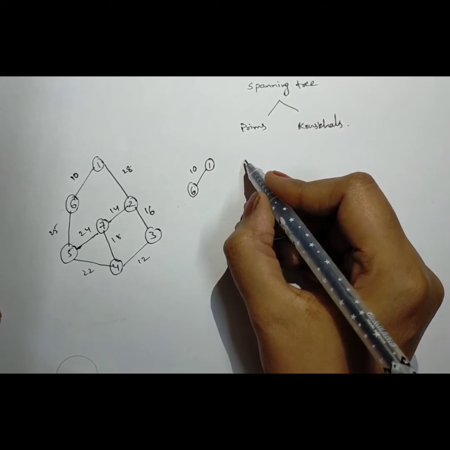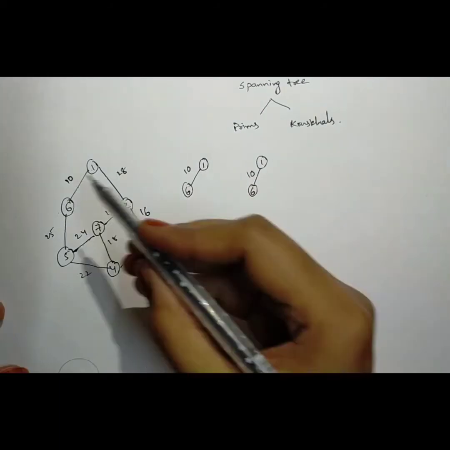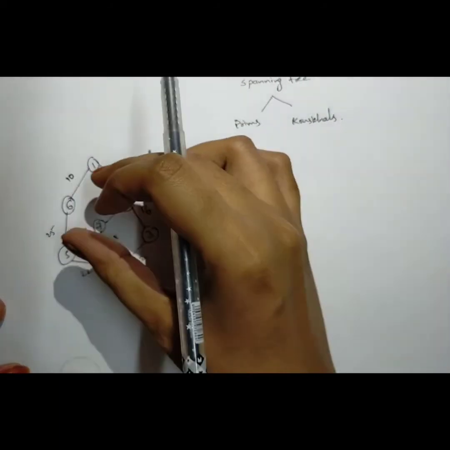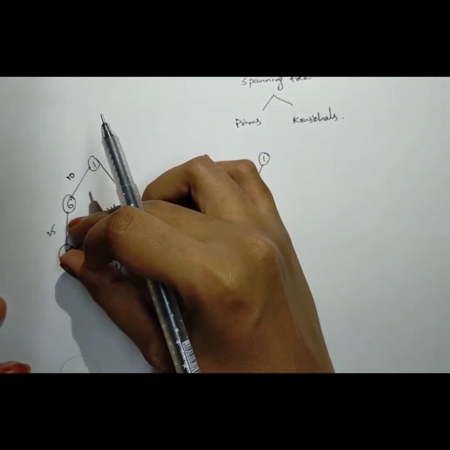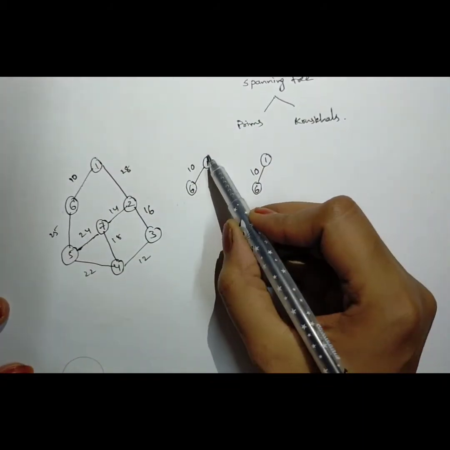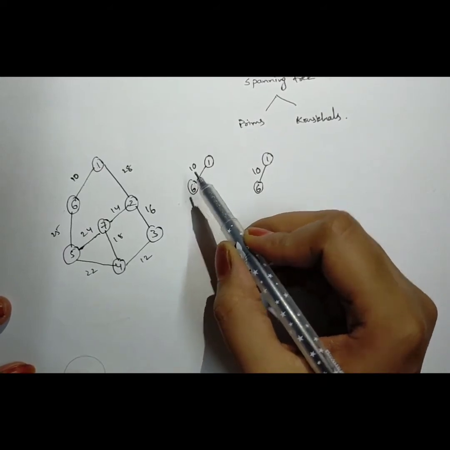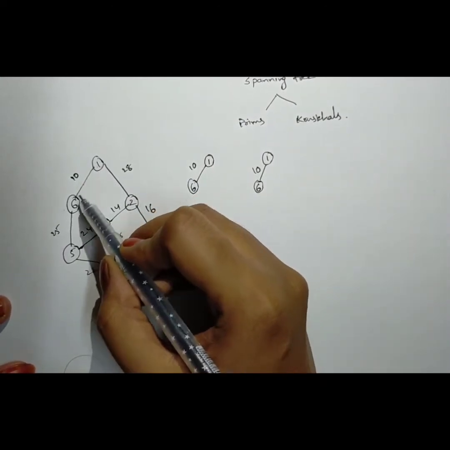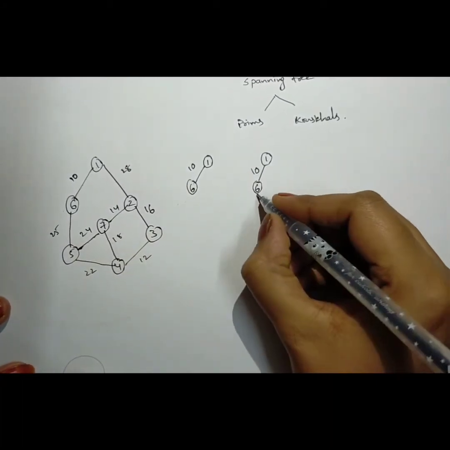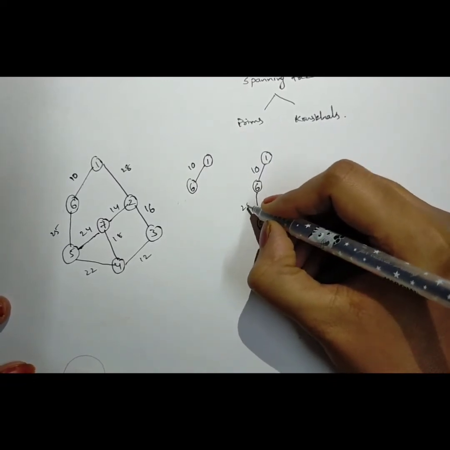Okay, now I am considering the second step. From this 6th node, here also we need to find the adjacency nodes for the vertex 6. There are 2 adjacency nodes, that is 1 and 5. Here we have already chosen the path from 1 to 6, so I am discarding the edge 1 to 6. Now I am considering the edge 6 to 5, and the weight is 25.